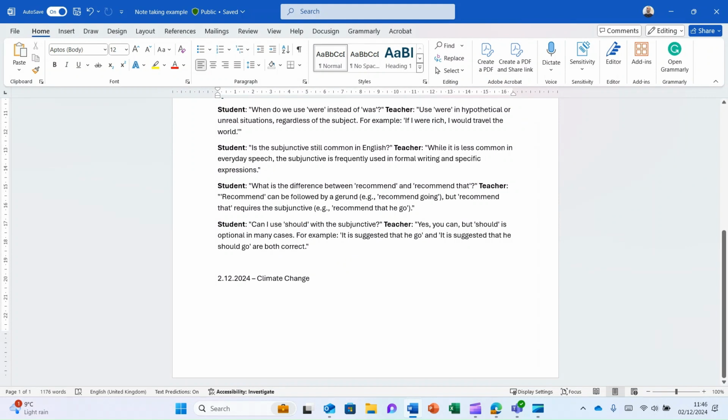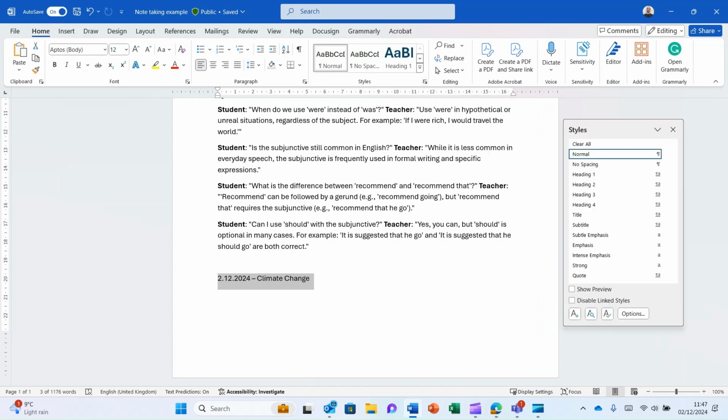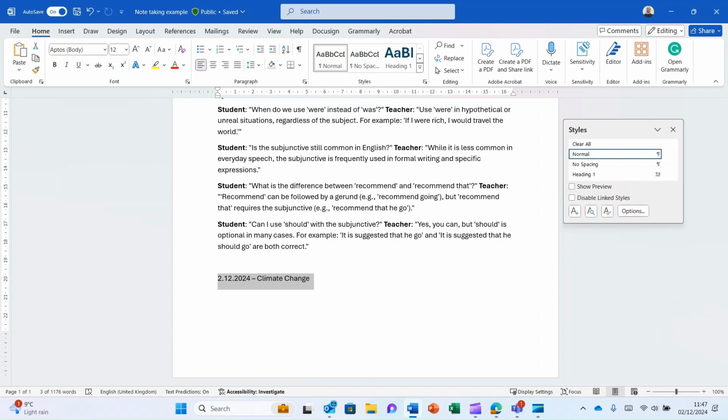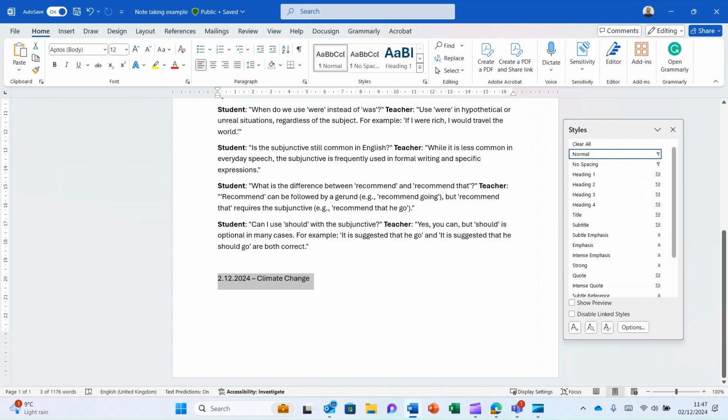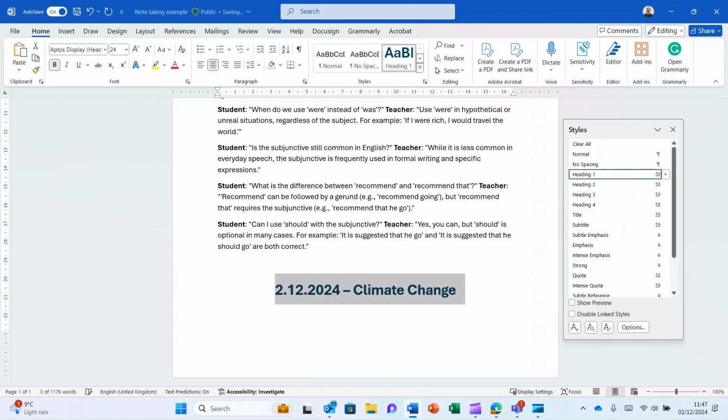Okay, so what I do now, I select my title, my new title, and you see here on top, I have styles. In here, I will click on the little arrow that is on the bottom right corner, and it will open a new window. Sometimes it opens very small, so you have to enlarge it. Now, I want to make this one the main title, so I will click on heading 1. And here we are. We are now in the